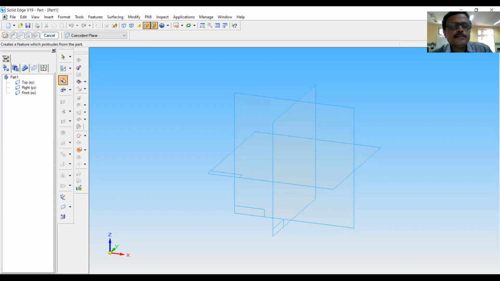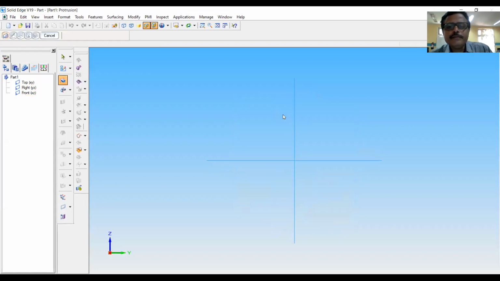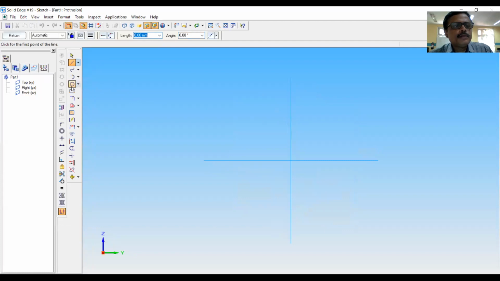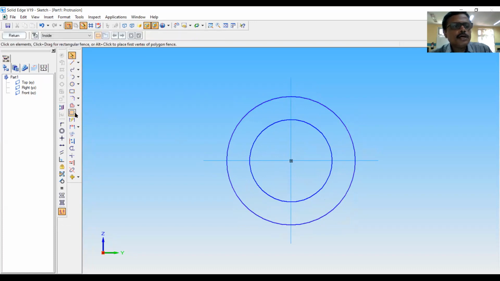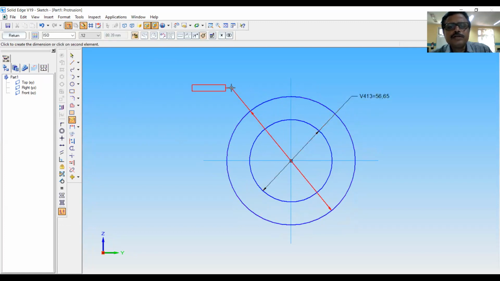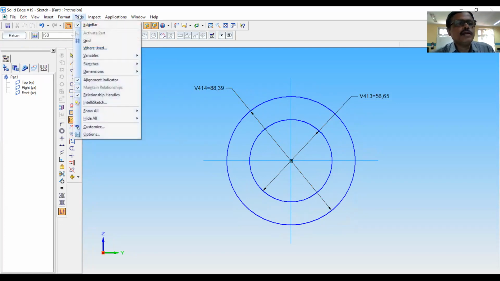So go to protrusion, click on right plane, draw the circles, now you do the dimensioning using smart dimension, this one and this outer circle, and you have to do this model with the help of equations.